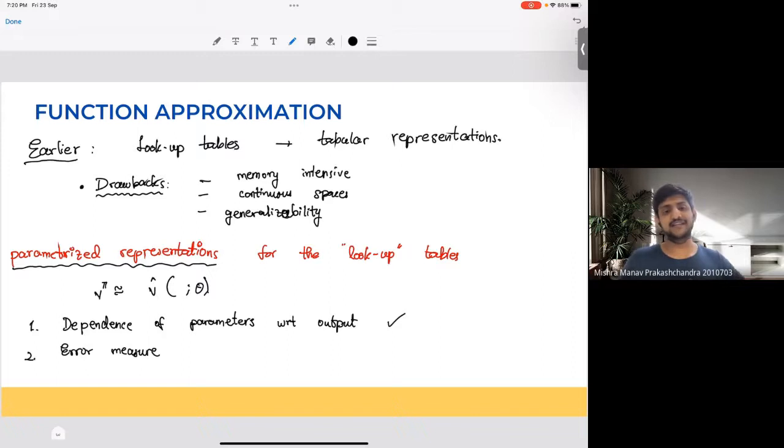If we have some linear representation of the parameter theta, and also the parameters are linearly independent, we can show that the output has a dependence on the parameters. But for the error measure, we would like to discuss in detail what the different error measures are that